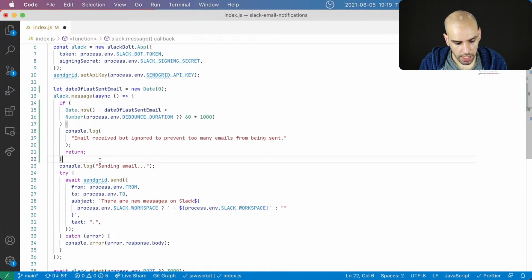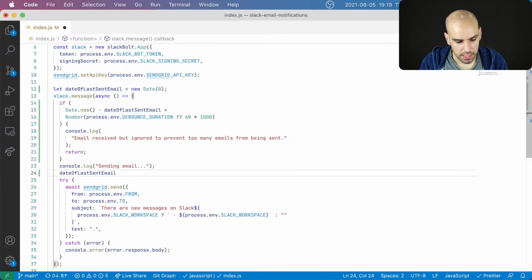And then when I actually send emails, I want to update the date of last sent email to be Date.now. And maybe I want to update this. Yeah, so what if, instead of sending emails based on the date of the last sent email, we listen for the last sent message?